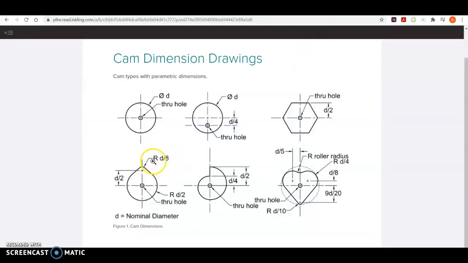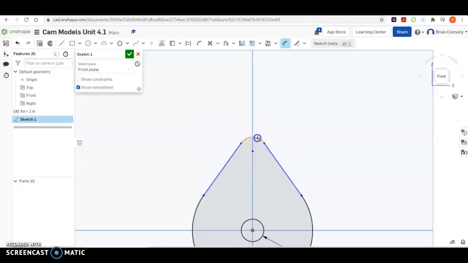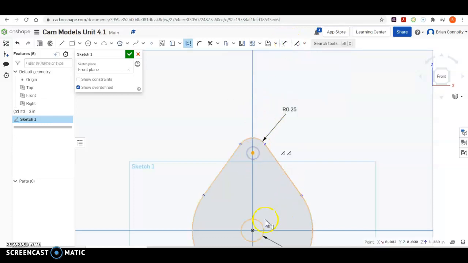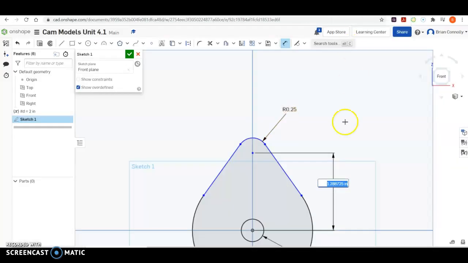The next one has a radius of d divided by 8, and so I can go back here, and with this arc right here, I can take d divided by 8, and now that's going to be approximately the right size. And then the last thing I need to do is, well, second to last, I'm going to put this dimension, so from my center to my center, I'm going to dimension that. Center to center. And I've got to see that is d divided by 2 yet again. So I'm going to go here, d/2,